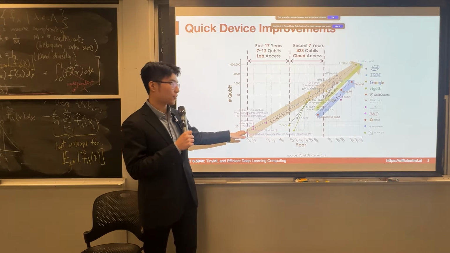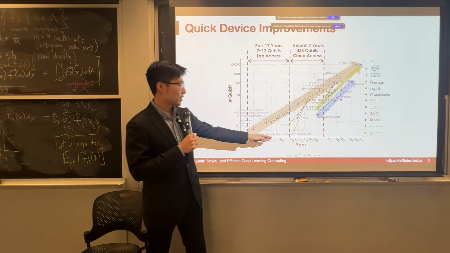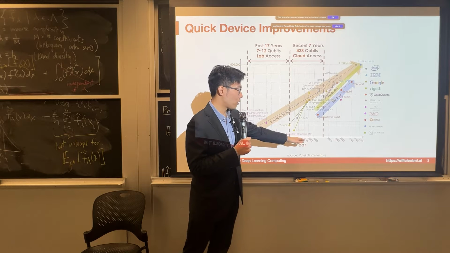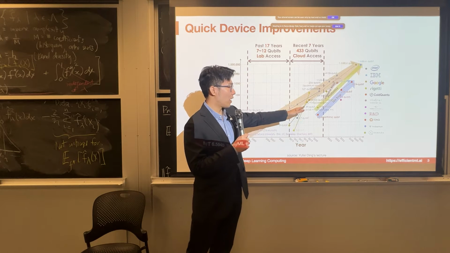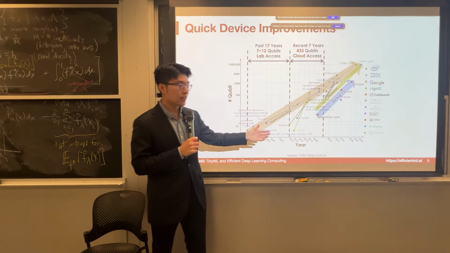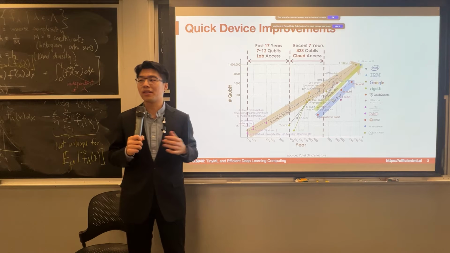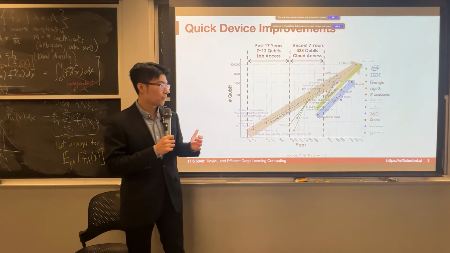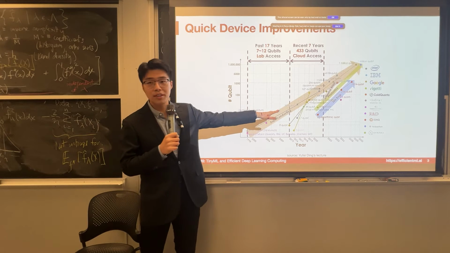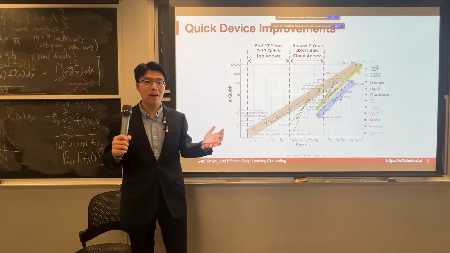And you can see that it takes around 20 years for the physicists to actually develop a scale from 2 qubits to a system with over 10 qubits, right? So we can see the first 10 qubit machine was developed around 2018. We have IBM's machine with 49 qubits, and the real acceleration of the development of the hardware actually just happened in the past 3 years. 3 years ago, in 2019, people had access to a 50 qubit machine, and we just scaled from 50 qubits to over 1,000 qubits.